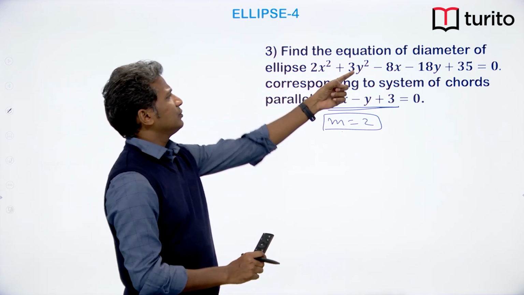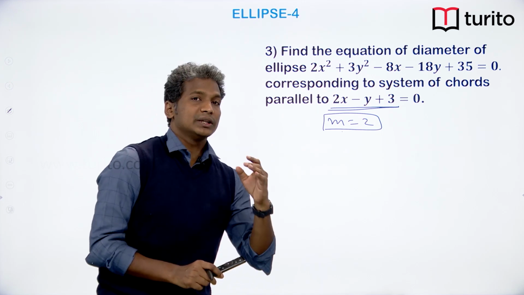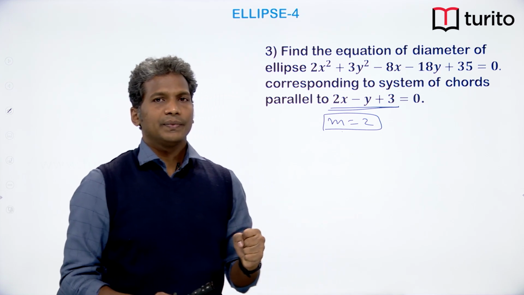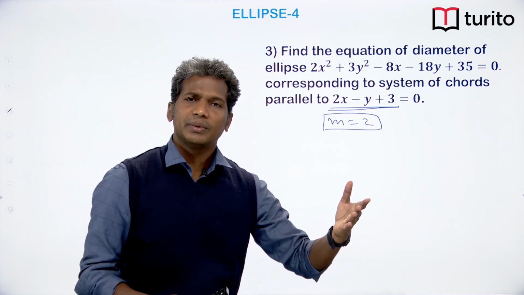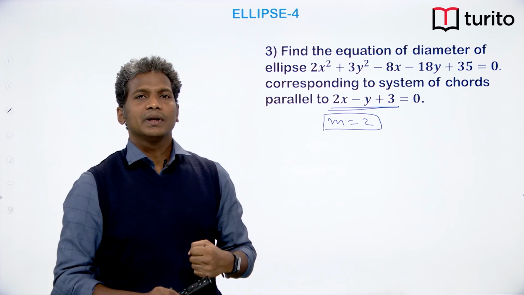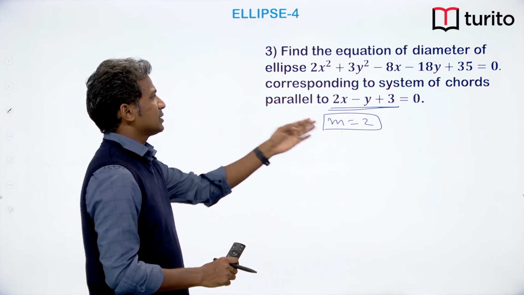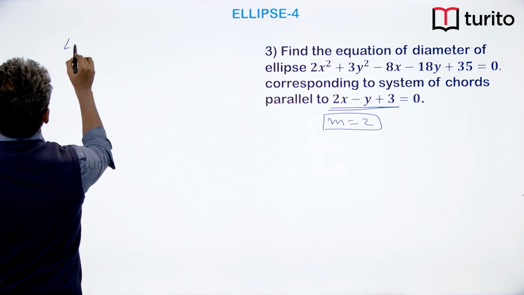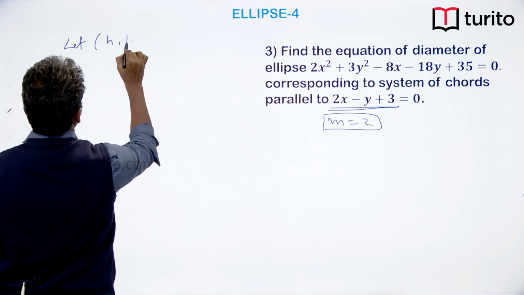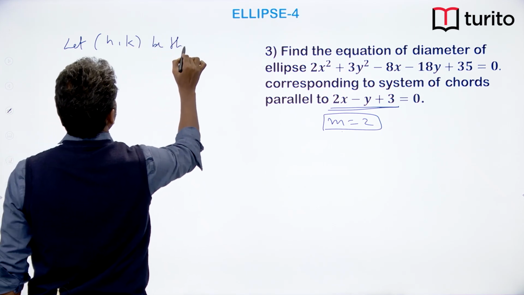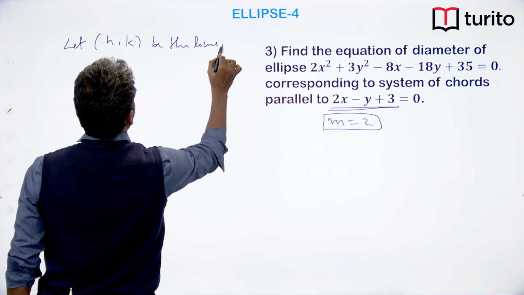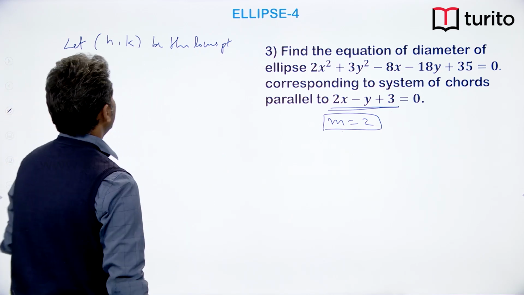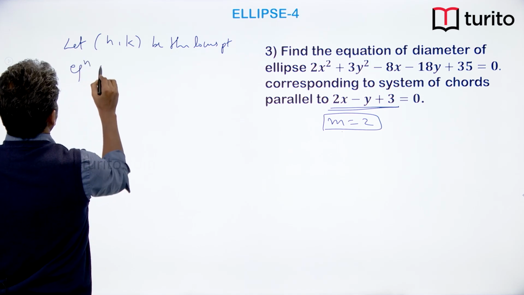So if I try to directly calculate the diameter, what is the process? We first assume a locus point, then use the equation of the diameter as S1 equal to S11, and compare the slopes with this. Let us start like this. Let h comma k be the locus point. This is the midpoint of the chords. That means the equation of the chord will be